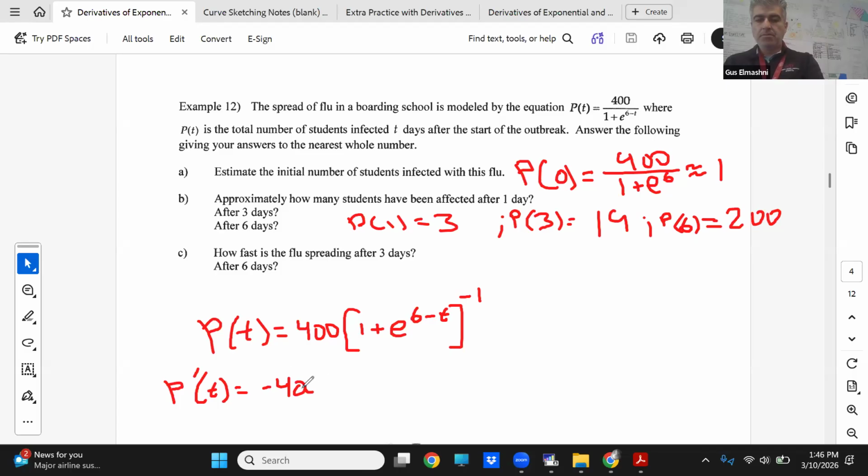It's a number, and then times the inside, which is going to be